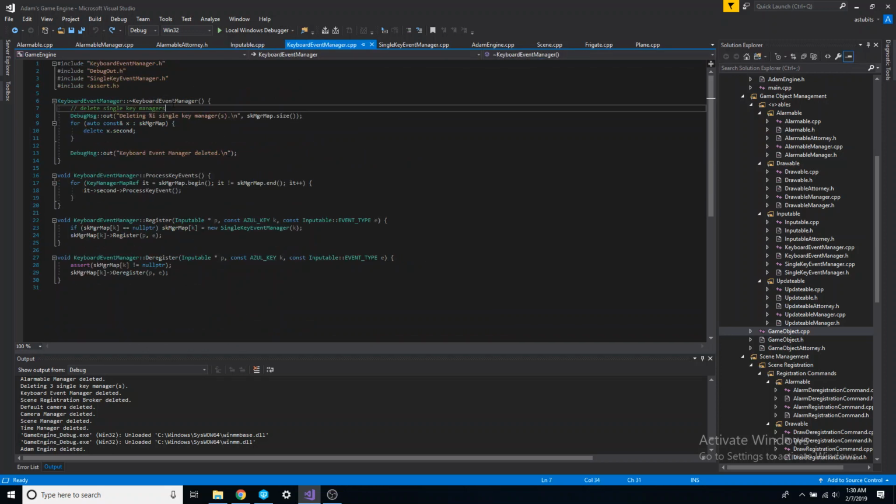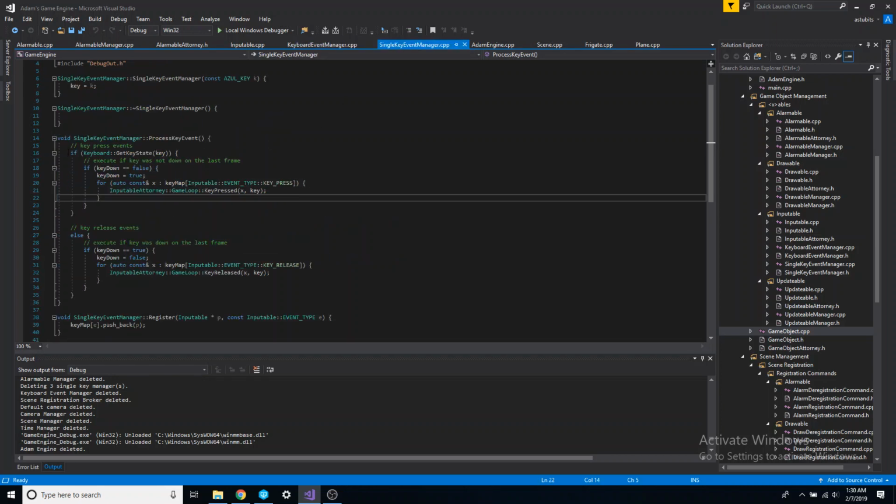Then for our keyboard event manager, we also go in here and take a look. Basically, it processes a whole list of single key event managers. Each of those looks at its own key individually, and each of these event managers processes both press and release events. So for instance, if the key was pressed down on the current frame, but in the last frame the key was not down, then that was a change, so we'll go ahead and execute on that specific